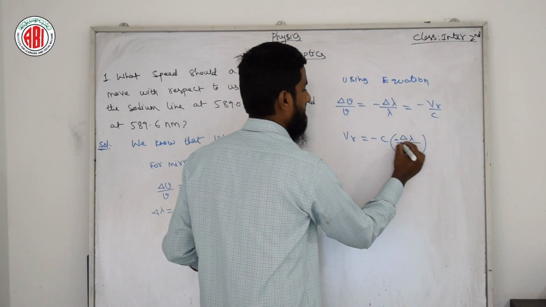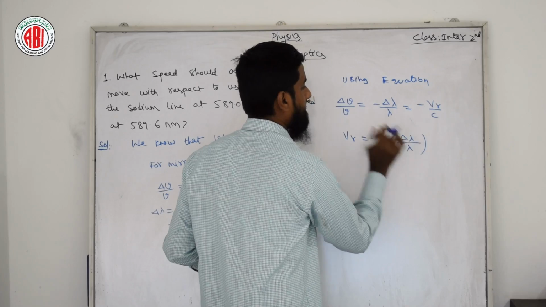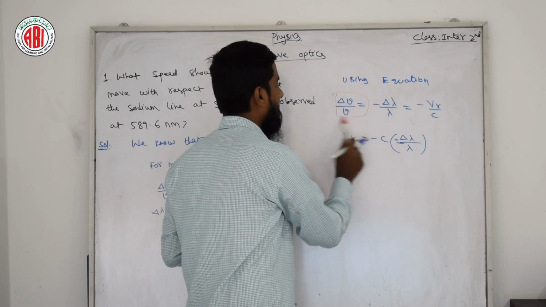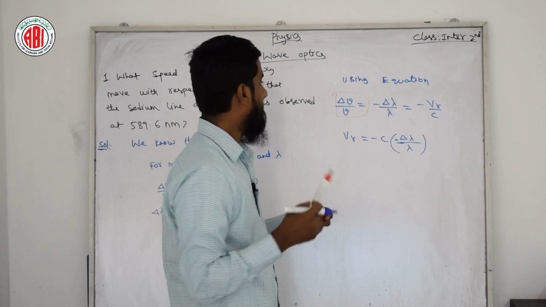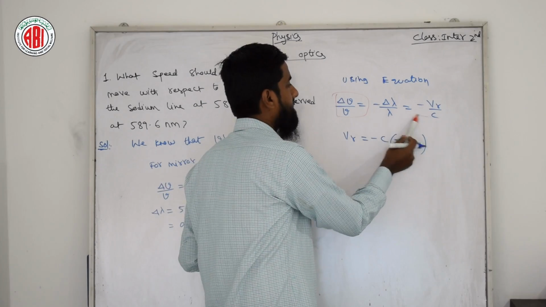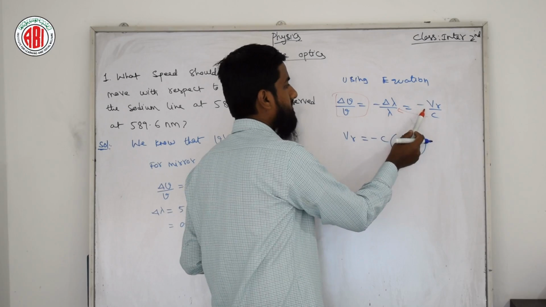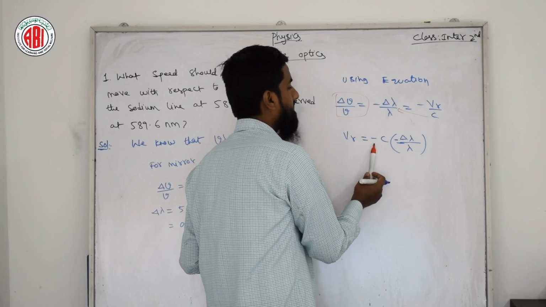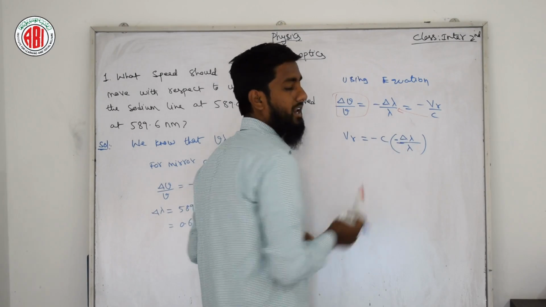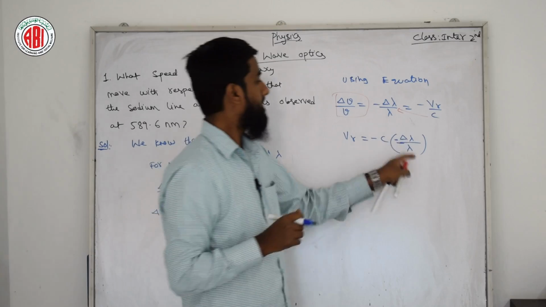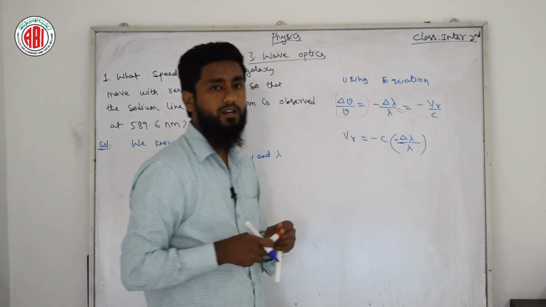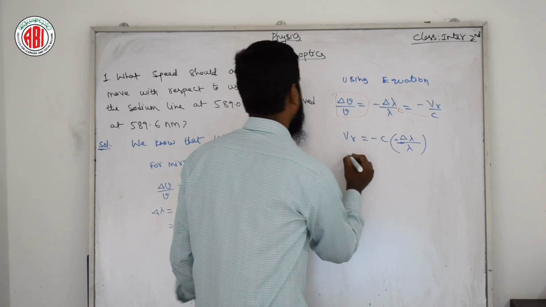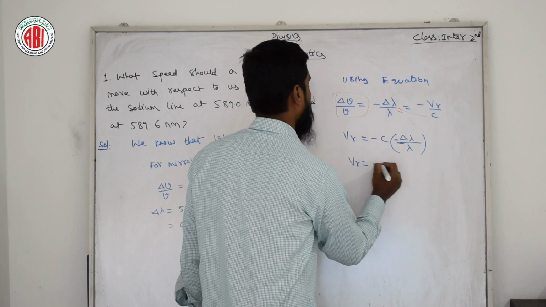Sending c to this side, we get minus also. So we are transferring the minus with c, so it becomes minus c into Δλ by λ. So we have the final answer: v radial is equal to minus c into